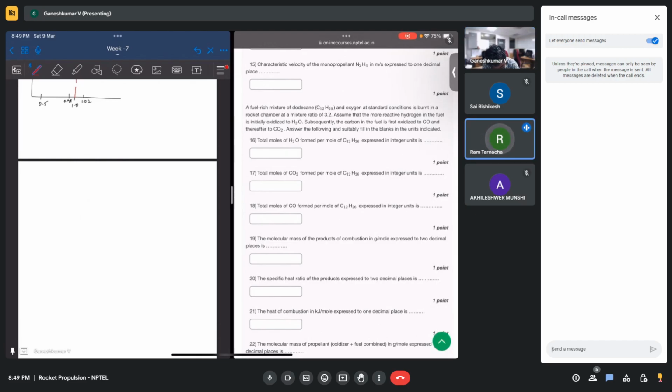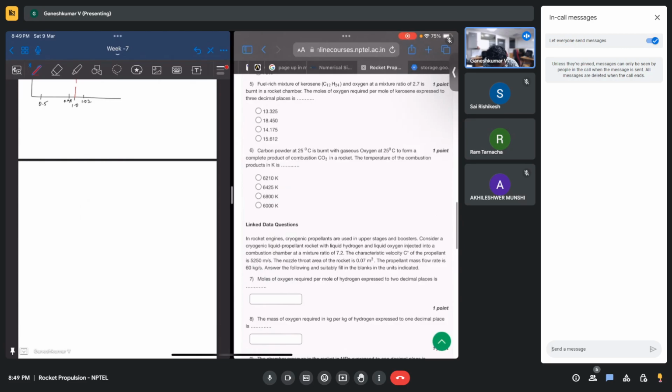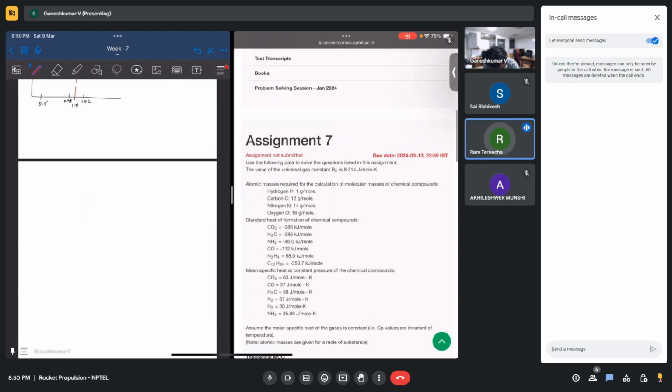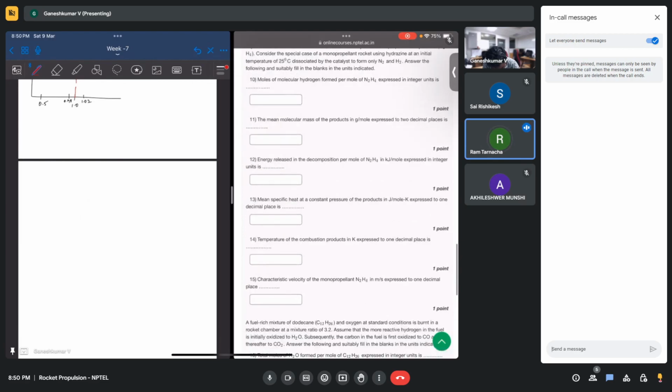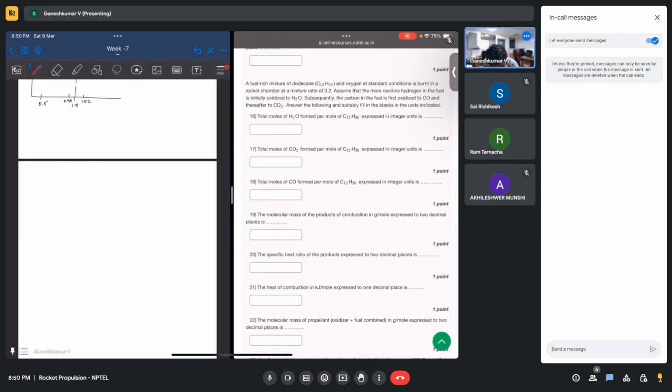I am not getting the Cp value of carbon in the given data. I picked it up from the internet, but two different websites were giving different values. I thought it must be around 1.5 kilojoule per mole or something like that, so I used that and tried to find out